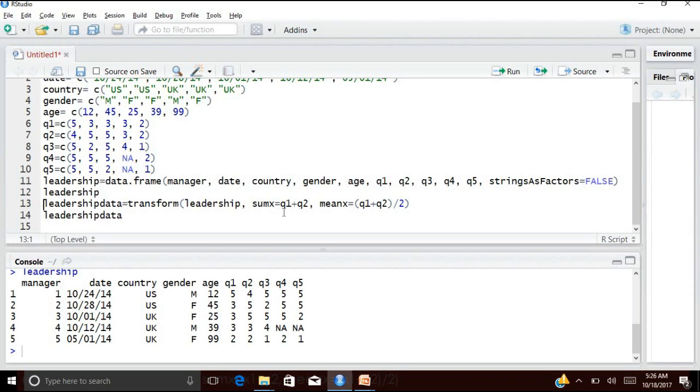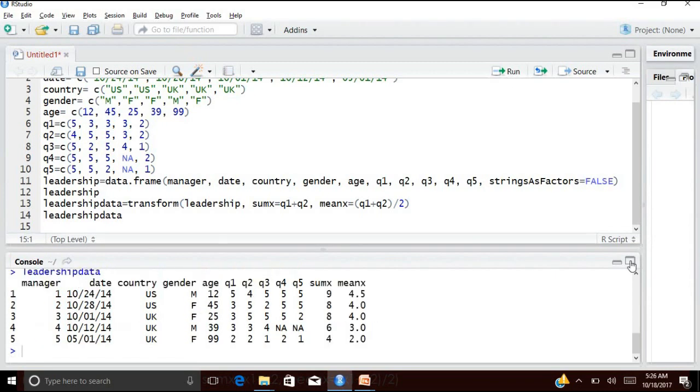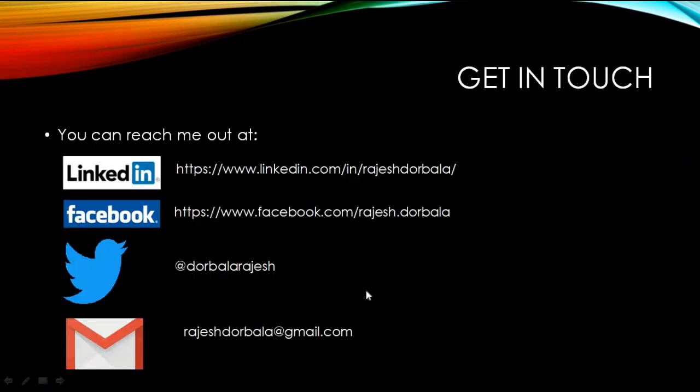Now there are three methods of doing that. You can follow any of these three methods, but I'll be using the third one. This is my favorite method: mydata equals transform, and in brackets mydata comma sumx equals x1 plus x2, comma meanx equals x1 plus x2 divided by 2. Now why do I prefer this third one? It simplifies inclusion, as